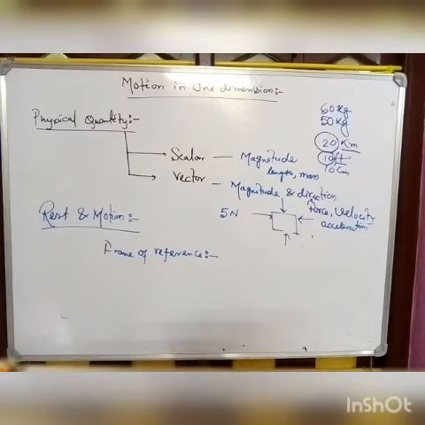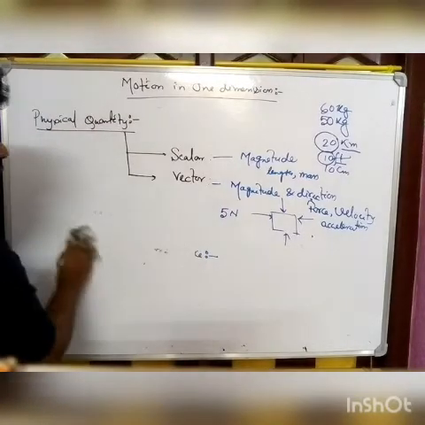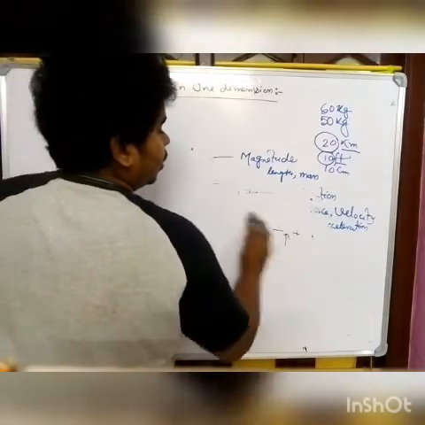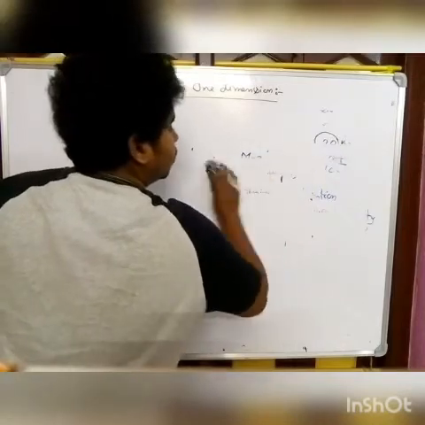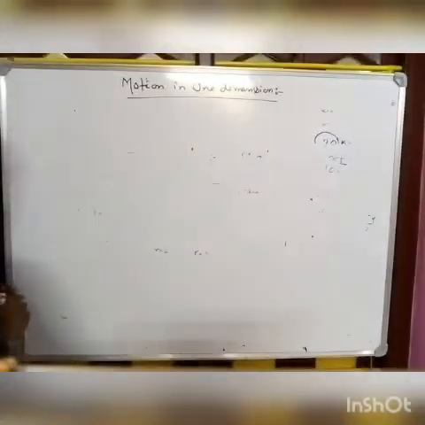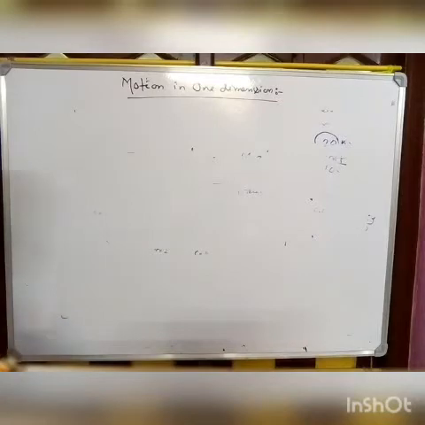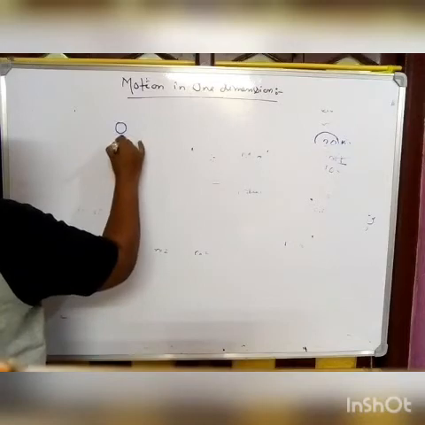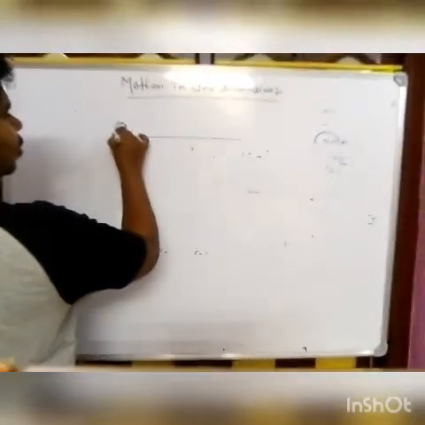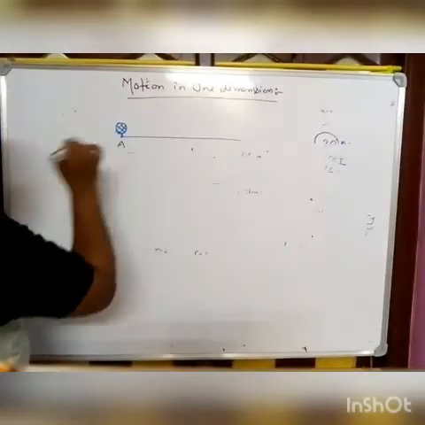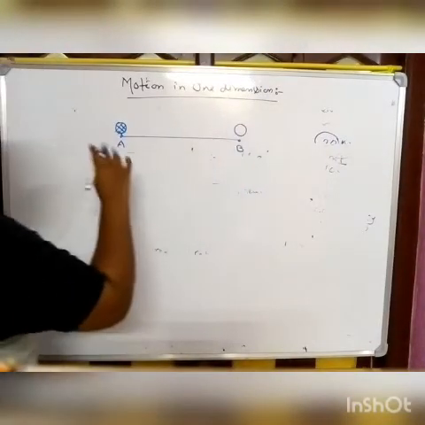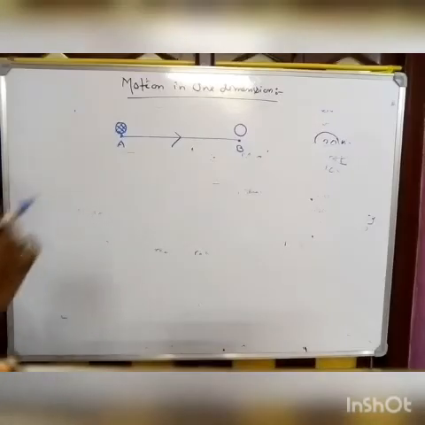Okay, now we'll go for motion in one dimension. What is motion in one dimension? That is the heading of the chapter that we have to discuss now. Motion in one dimension means a body is moving in a straight path. If a body starts from A and comes to the point B in a simple straight path,